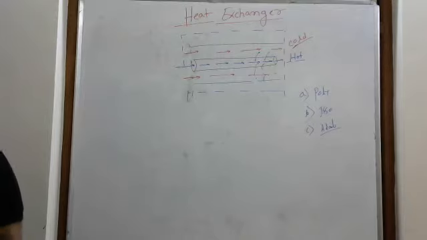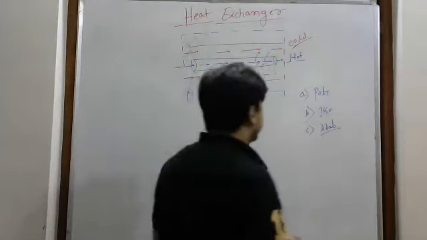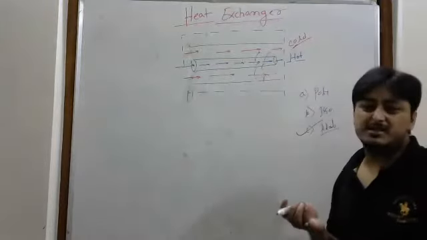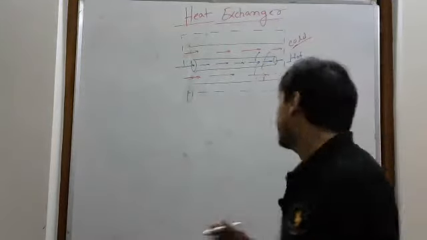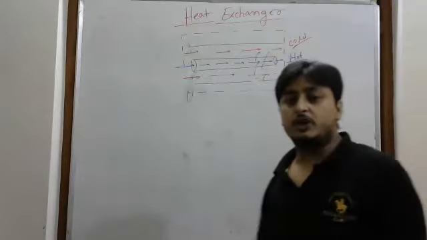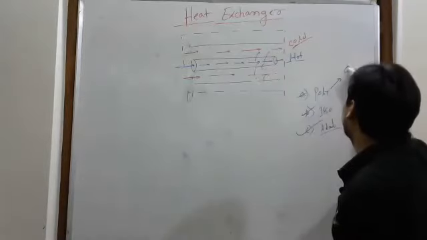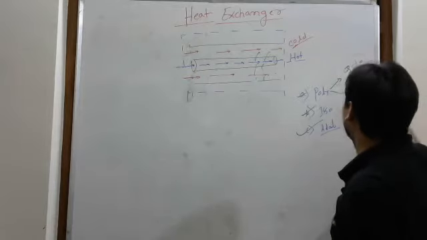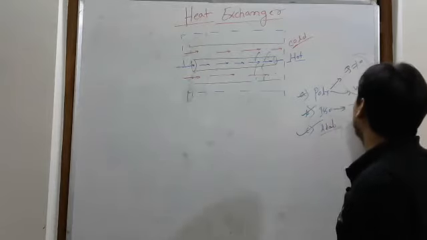So the answer is C, adiabatic. It's a very simple question. Who has given answer A and B? Just think. What is a polytropic process? There heat transfer is happening, work transfer is also happening. Both are not equal to 0. What is isothermal? Temperature is constant. What is adiabatic? Heat transfer is 0.